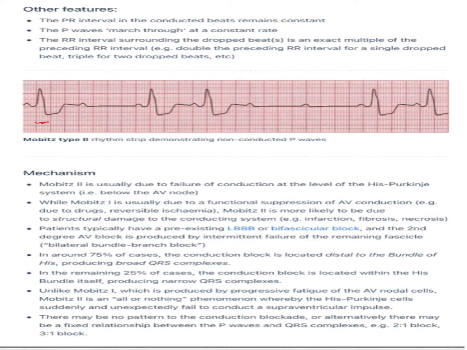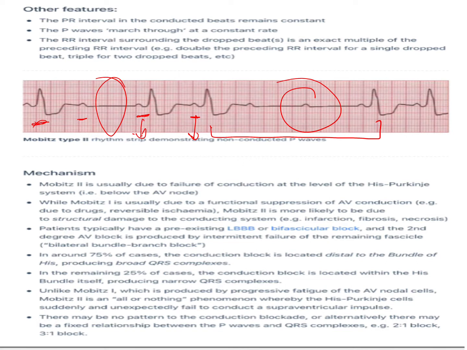Here, if we see, these are QRS complexes, this is a P wave, this is absent QRS complexes, this is the PR interval, again here absent. So here we see the PR interval is almost constant and we get intermittent non-conducted P waves. And if we see the RR interval surrounding the dropped beat, it is almost double, or we can say triple time